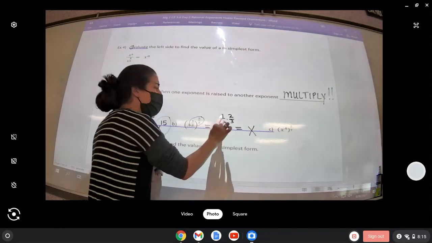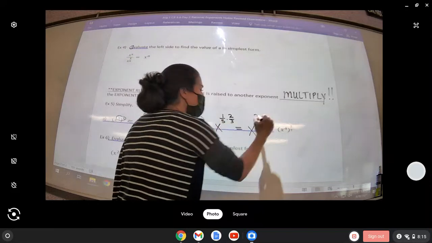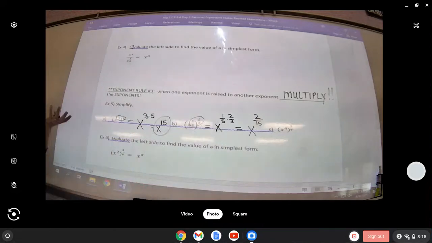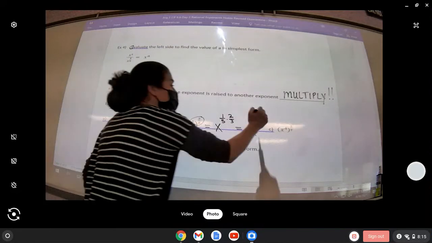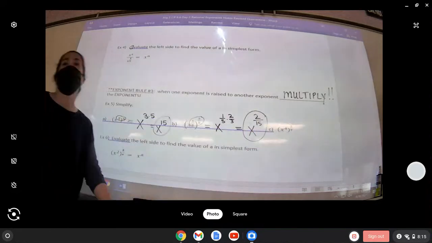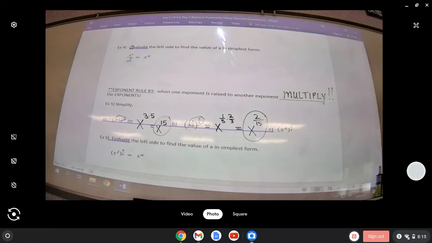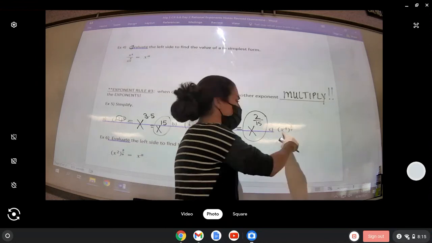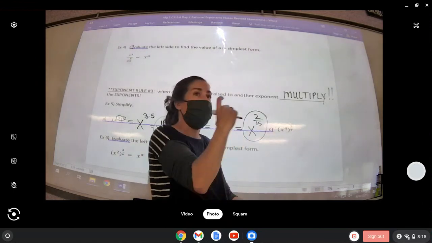This is going to become x to the 1 times 2 is 2, over 5 times 3 is 15, and then you look to reduce. But 2 over 15 doesn't reduce, so you're done. That's x to the 2/15 power. Just straight across. All right, if I had x to the 4th and I raise it to a power of